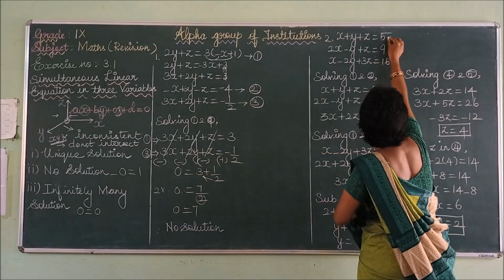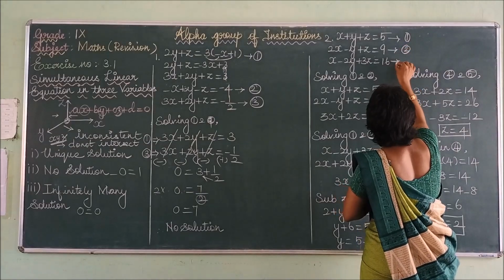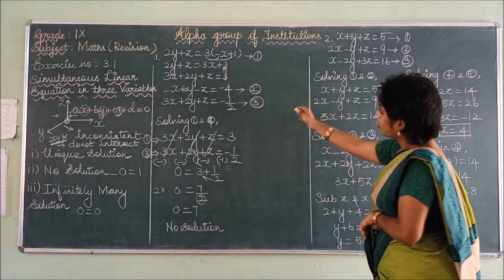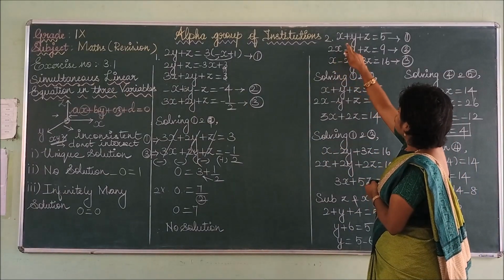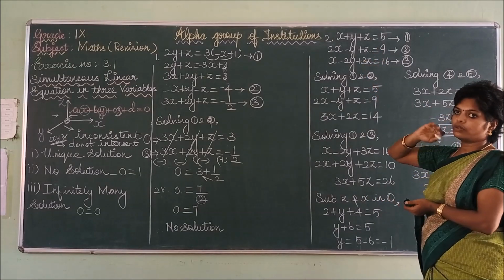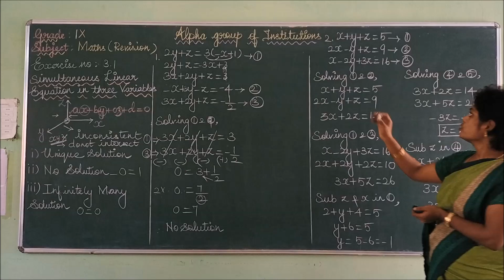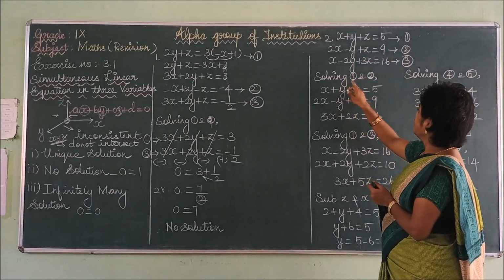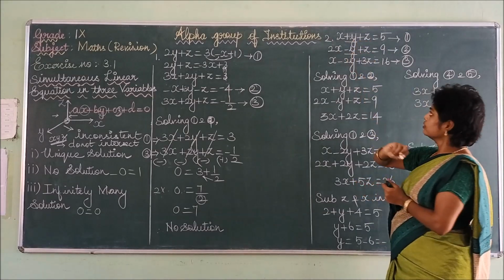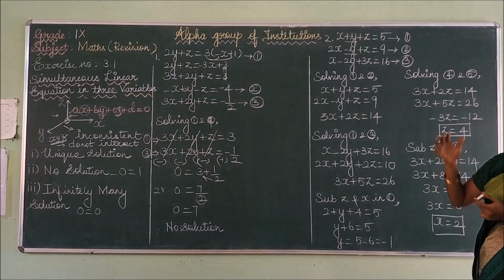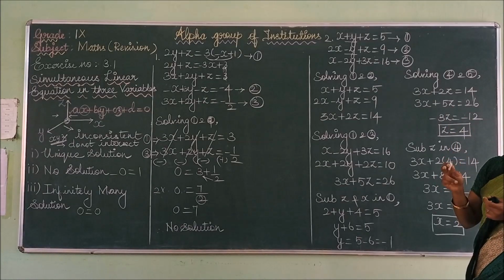So now I am taking the first and second, leaving the last, the third. We cannot use that method here because you can check, the values will not be similar. The x and x are not similar, only y and y are similar. So for easy calculation I am taking the first and second. Here this is plus y and in the second equation that is minus y. So I can easily cancel that y and get the values of the variables x and z.